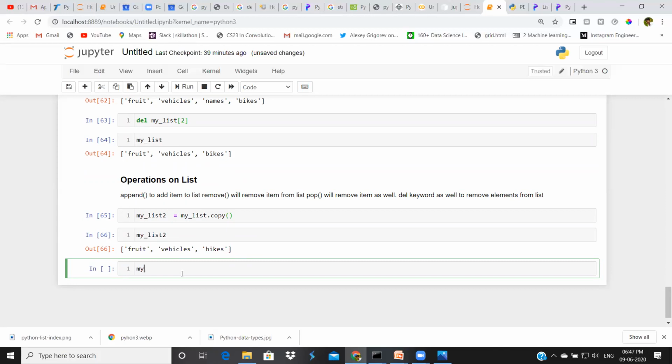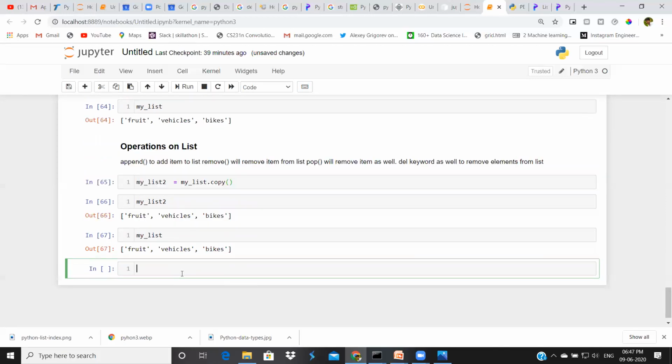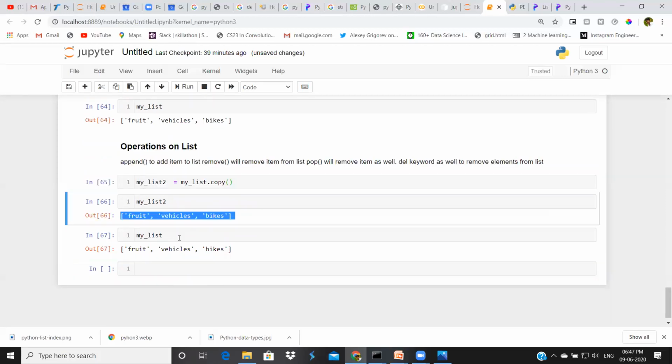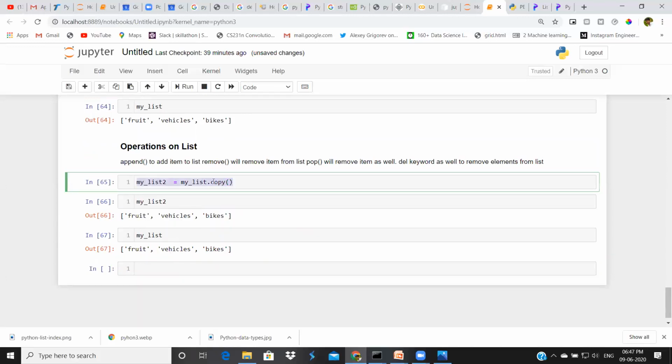Now we have two lists, my list and my list 2. These are two different lists. I just copied my first list to another variable.